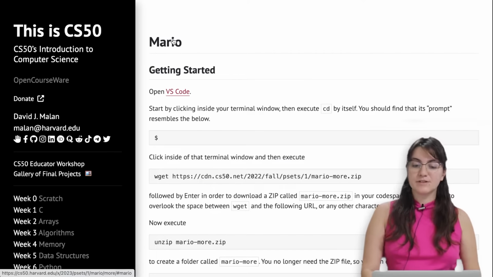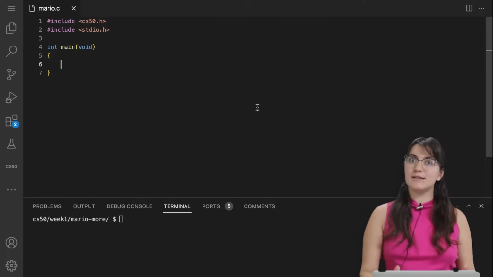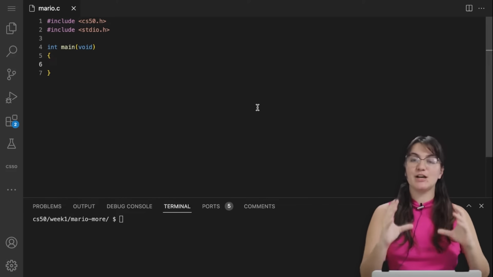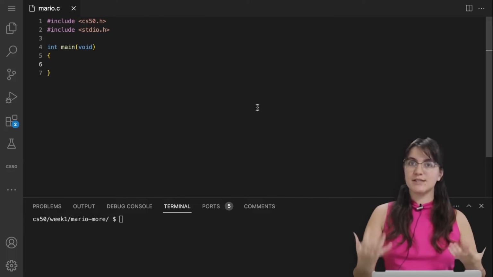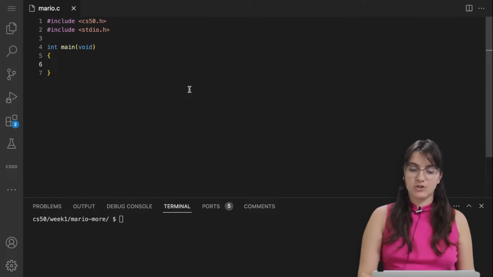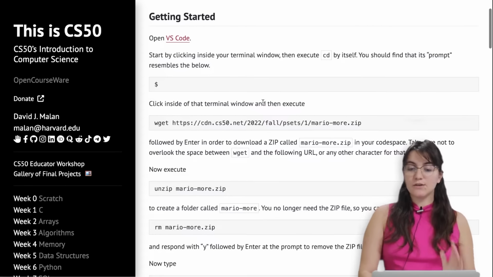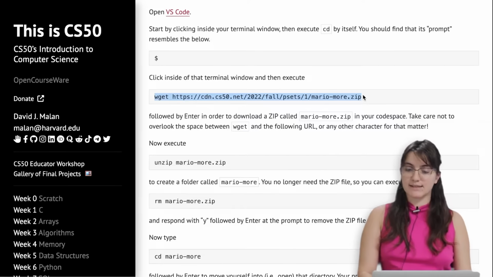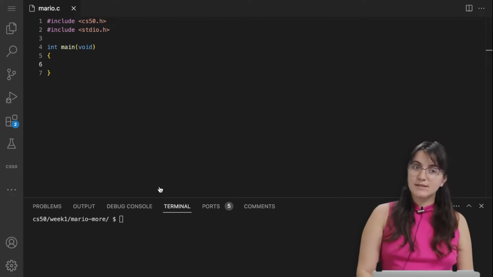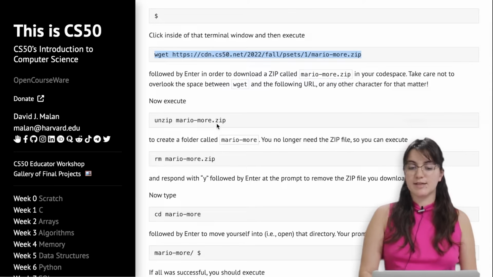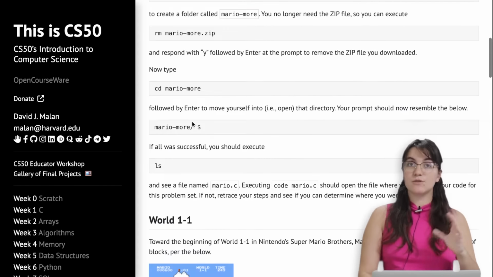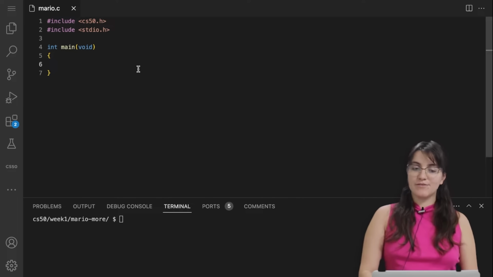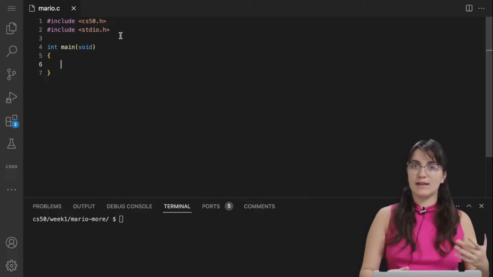You're going to click here in VS Code, and you should have done all the setup for the environment. If not, you can watch our video explaining all the steps you have to do to have your VS Code connected with CS50 so you can get the grade for every project. After you have this done, you can download the file that CS50 is asking for. You're going to copy this and paste it in your terminal, and follow all of this: unzip, rm, and then cd mario, so then you're able to see this file we're seeing right now. That is just a regular mario.c file that contains the header, the libraries we're going to import,